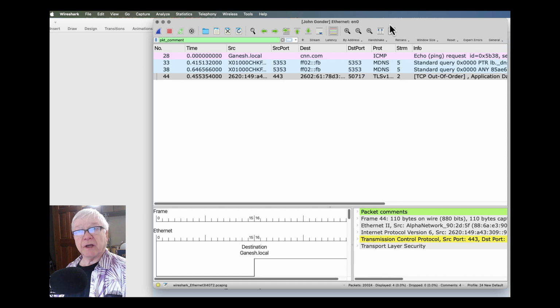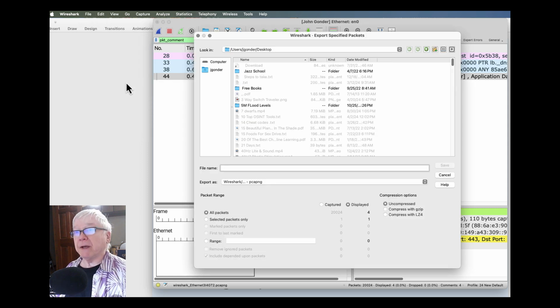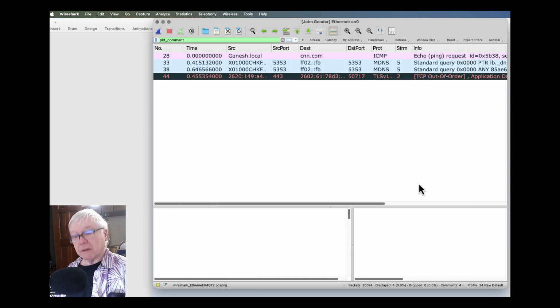So it'll often be the case where what I want is the stuff I was looking for, and all the other stuff I ended up capturing, I don't really want to see in this new file that I'm going to save out of here by saying export specified packets. Bam. My report, bam,